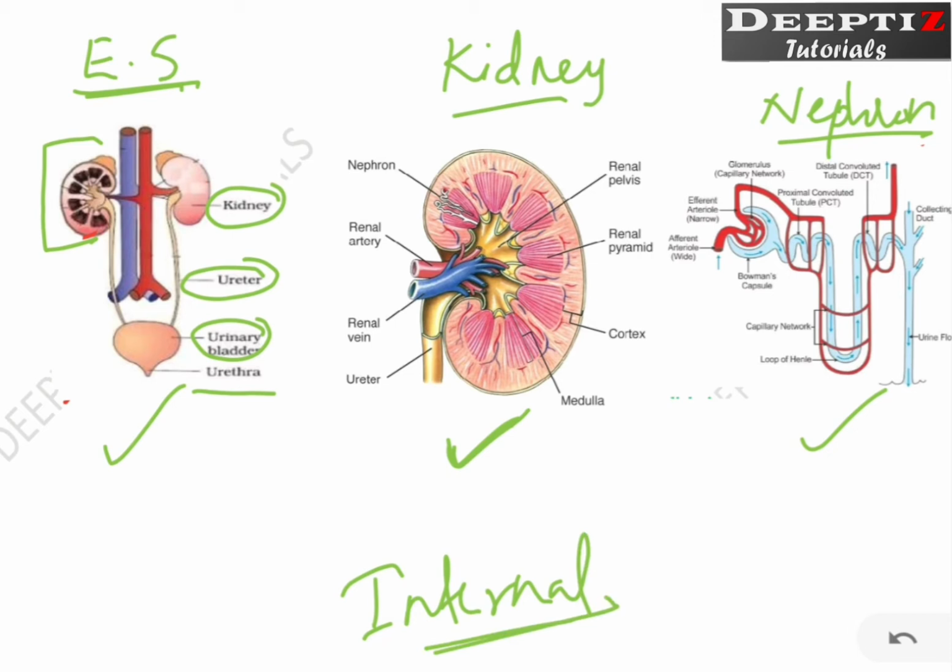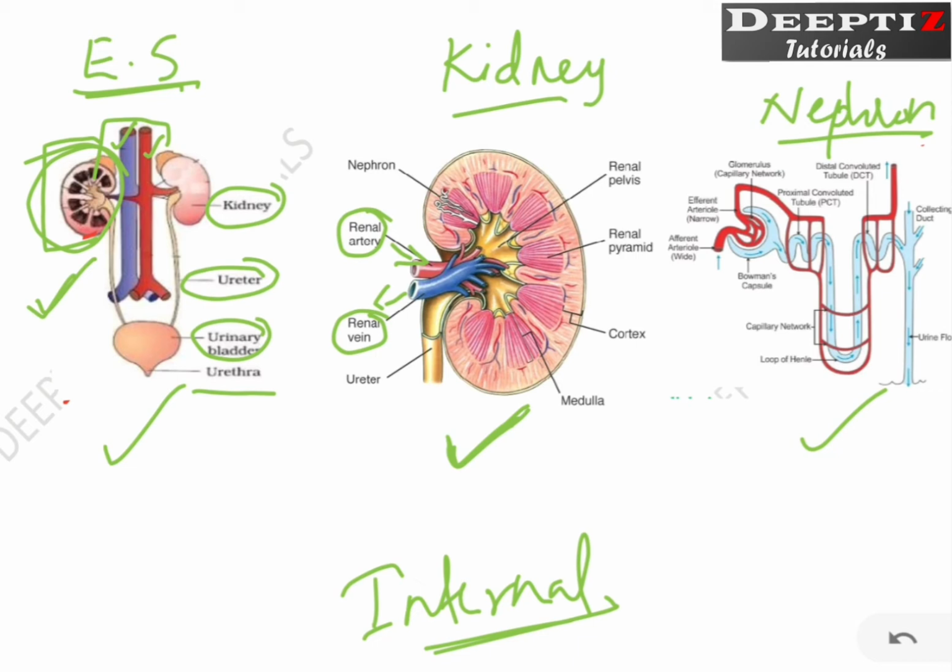Now what are the similarities here? You can see there are two sets of blood vessels here. One is blue and one is red in color. We know that the blue one is the renal vein and the red one is the renal artery. Same you can see here, right? There is a renal artery, the red colored tube, which brings blood to the kidney. Same way you can see the renal vein, which takes blood away from the kidney. You have to remember this diagram only, but here we are talking about a single kidney.